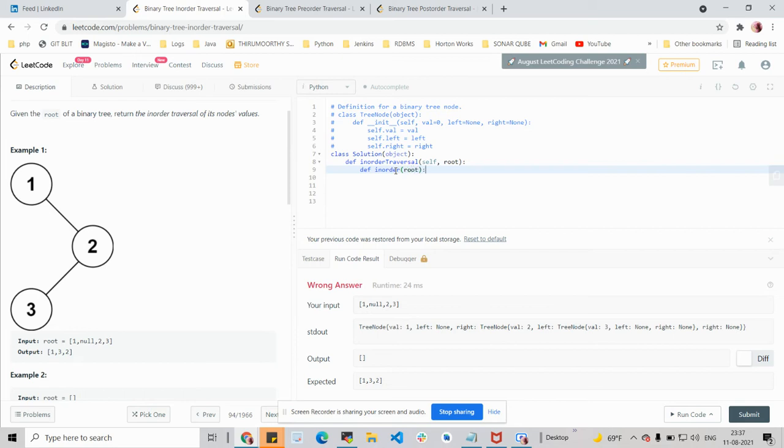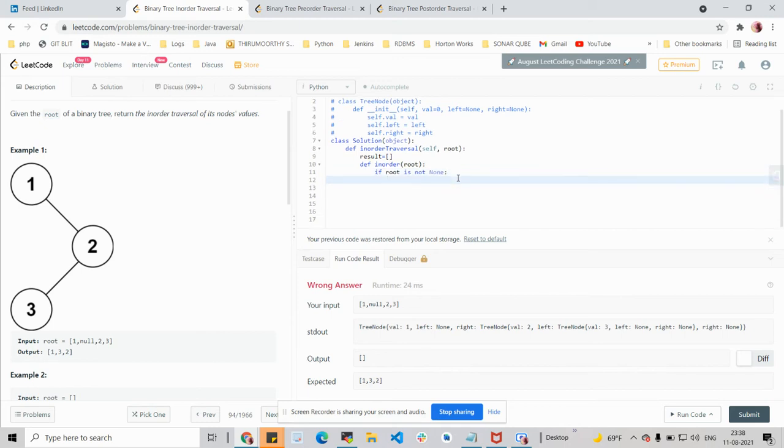With the root given, let's declare an empty list where we store the result. If root is not null, then perform the traversal. If it is null, it will just skip it.